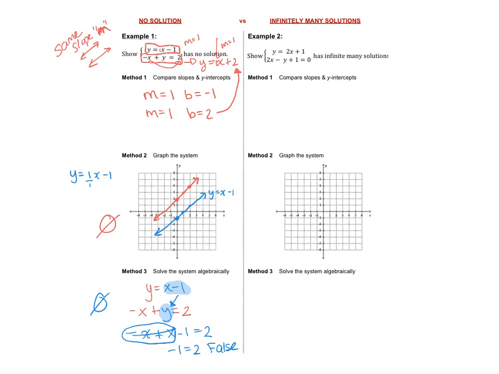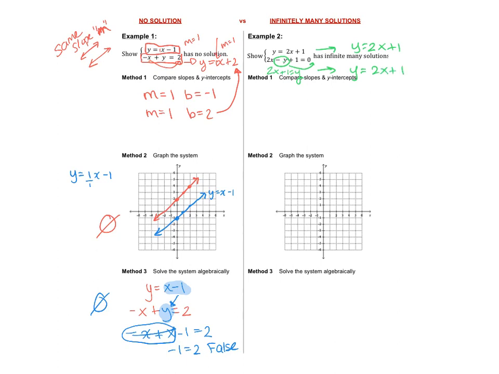Okay, so for the next one, I know that it's infinitely many solutions because it says it is. But here's the other reasons why I know that. Once we isolate y, I could just move y to the other side. In this case, since everything else is on the left, just move y over, and we end up with 2x plus 1 equals y. So if I rewrite these, the first equation is y equals 2x plus 1. The second equation, just reversed, is y equals 2x plus 1.